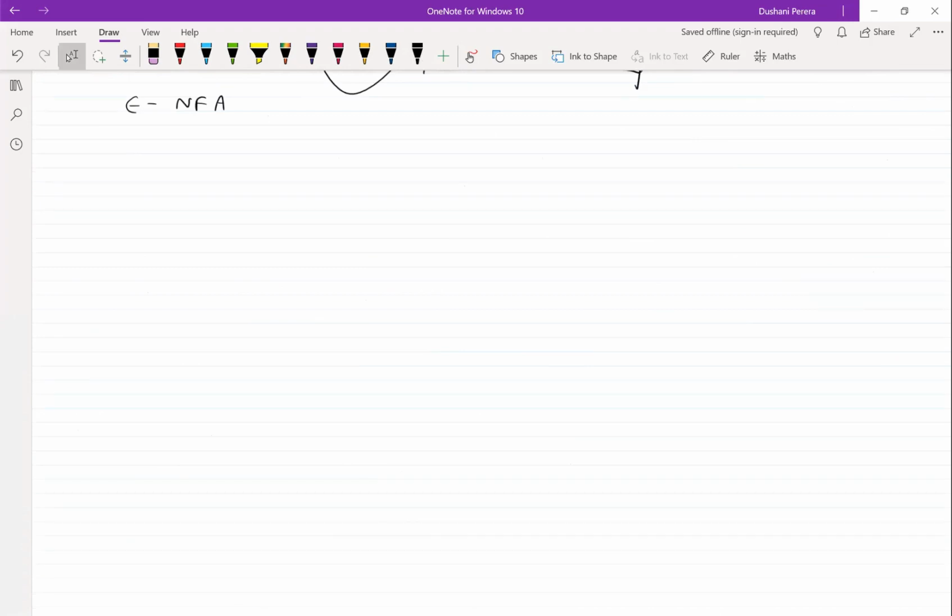Okay, so we took an epsilon NFA and then we converted that into an NFA. That was done by getting the E closures, the epsilon closures rather. Thereafter we constructed a DFA table just like we did before in the previous examples. However, the new thing was that the initial state of the DFA was the epsilon closure of the initial state in the NFA. That was the only difference. And then we did the DFA for this. Okay, let's do another example so that this will become clear.